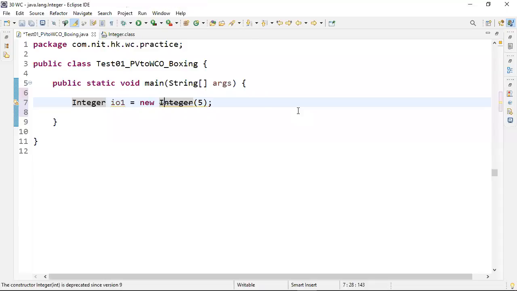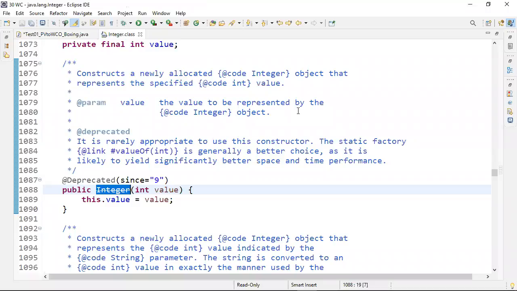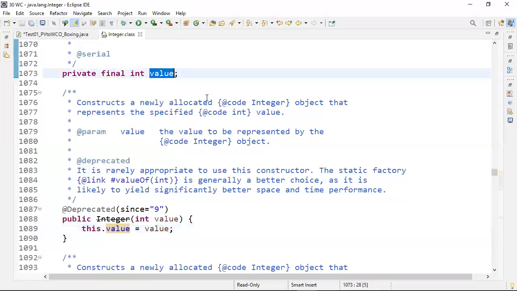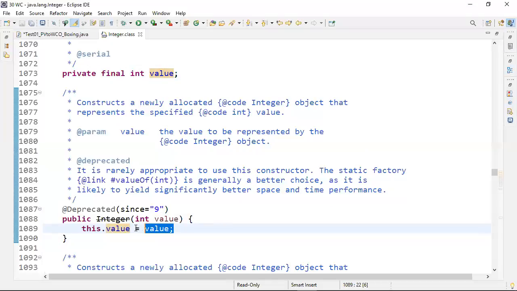Just go into the constructor. In the constructor, which variables are being initialized? Only the instance variables, right? Tell me, inside the constructor, which variable is initialized? Value. And value is the instance variable available in this class. Value variable is of what type? Int type. So whatever value we are passing, that value is stored in this object's value variable.